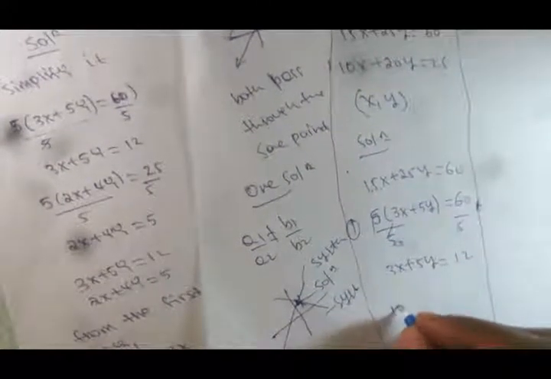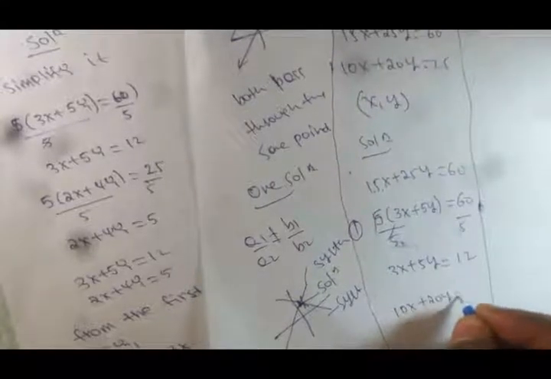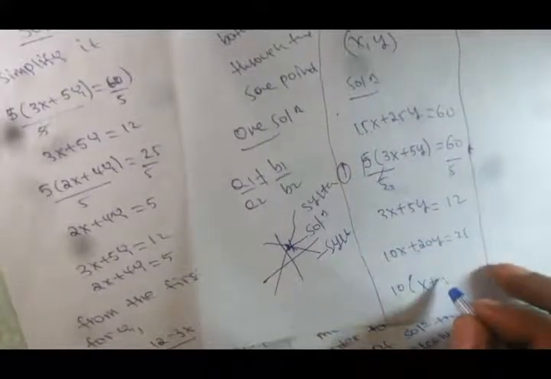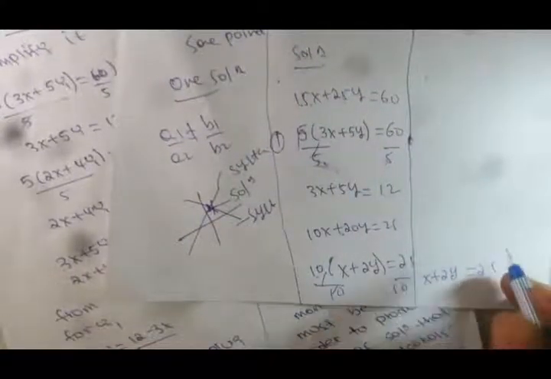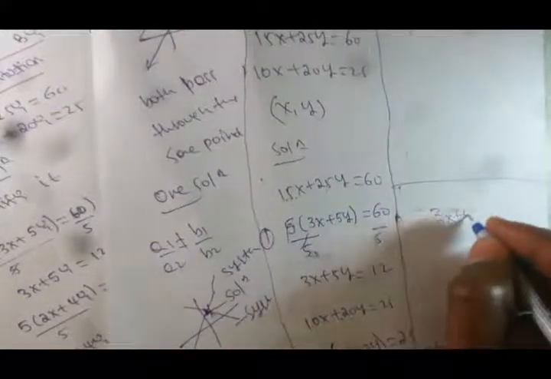12. For the second equation, 10x plus 20y is equal to 25. Is there anything common? Yes, 10 is common. When 10x is divided by 10, x will be left. When 20y is divided by 10, 2y will be left, equal to 25. When we divide by 10, x plus 2y is equal to 2.5. Therefore 3x plus 5y is equal to 12, and x plus 2y is equal to